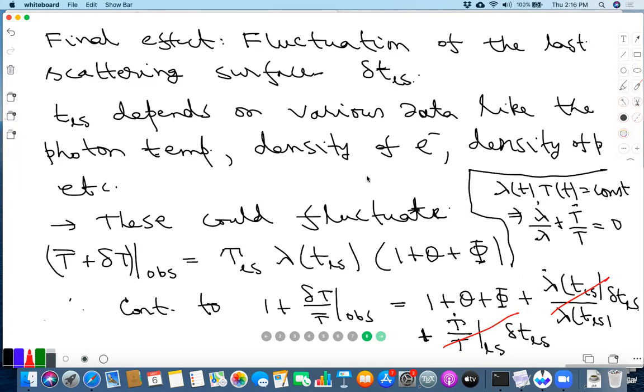Okay. So this, if it didn't cancel, right, this will be a complicated calculation because you have to calculate the variation of all of these, right? The photon temperature variation, of course, you have found, but you have to find out how much the electron density fluctuates, how much the proton density fluctuates, and so on. Fortunately, all of those can be avoided if you stick to the first order formulation. Is this clear? Are there questions?